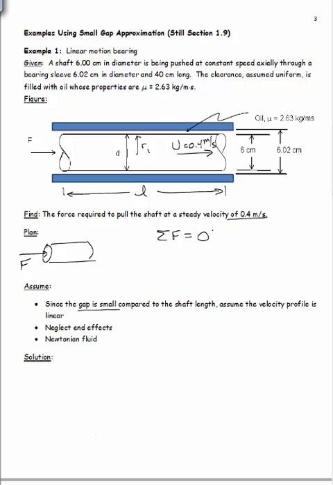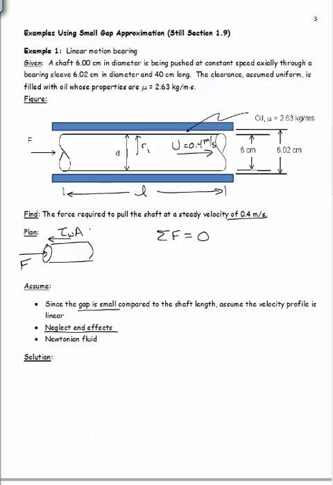The other force acting on this is just the force due to that fluid friction. There's nothing else going on around this shaft. Now we're going to assume that there's just air or something on these ends, so we're going to neglect end effects. So the only thing going on here is we have a resisting shear force, tau omega